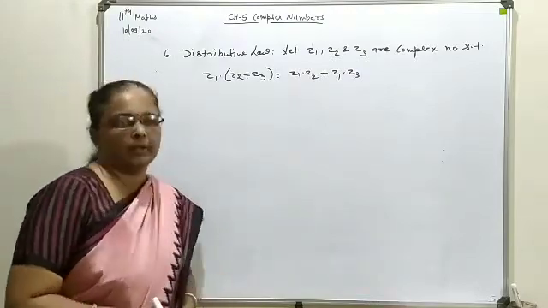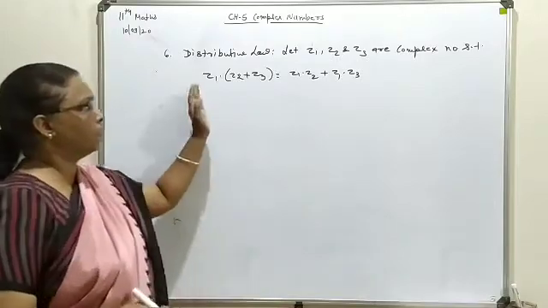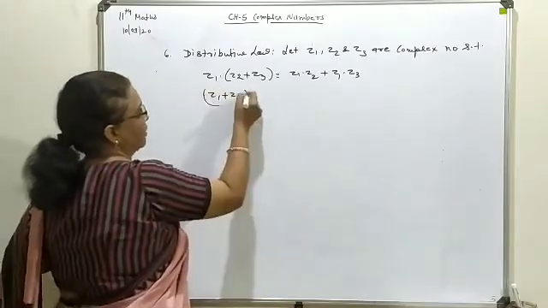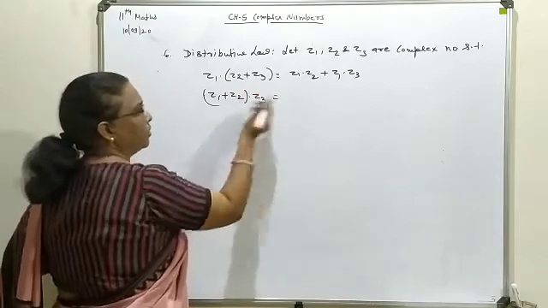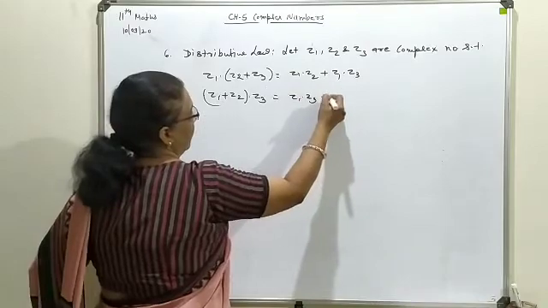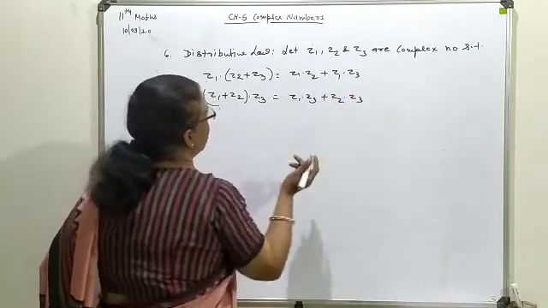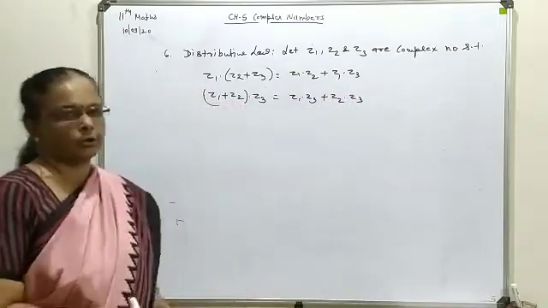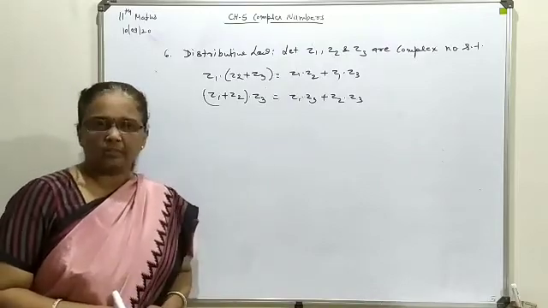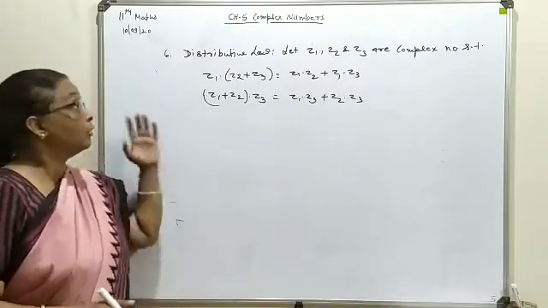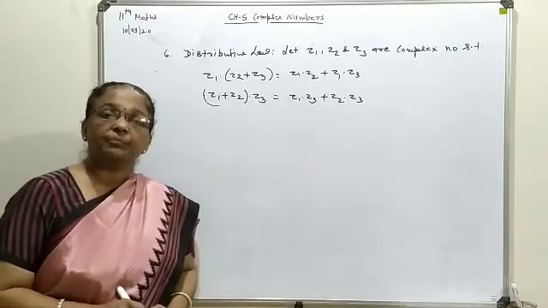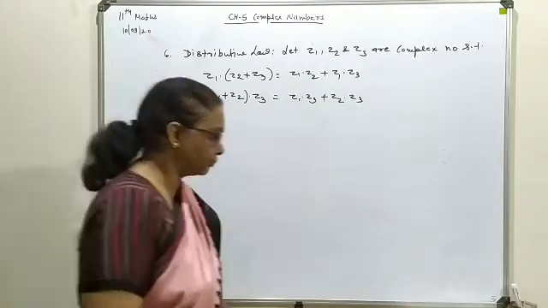So the distributive law is allowed here. Here you can change the order also, meaning this way you can write it for the second formation. Here also the method will remain the same: Z1 into Z3 and Z2 into Z3. So this way also you can change the position of a complex number, but the answer you will get is with the same type of combination. So it was all about the properties regarding the multiplication of complex numbers.